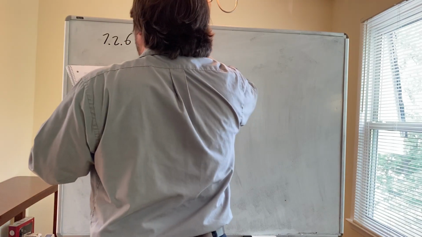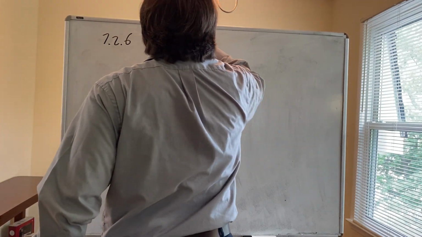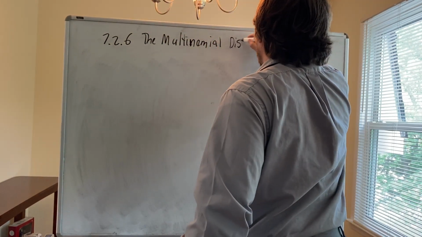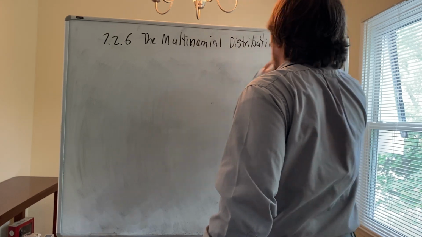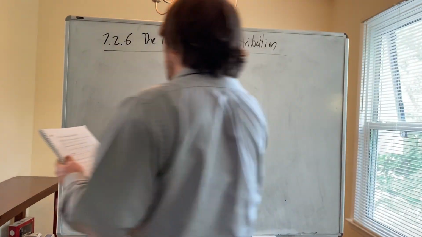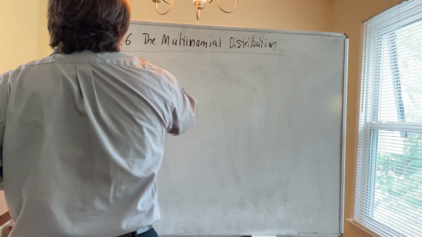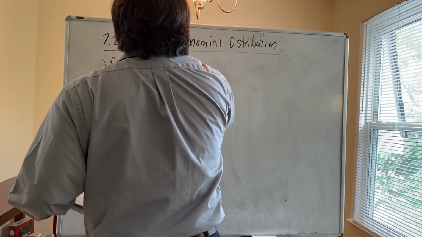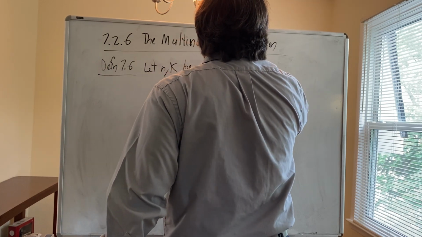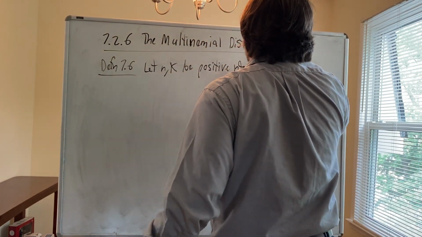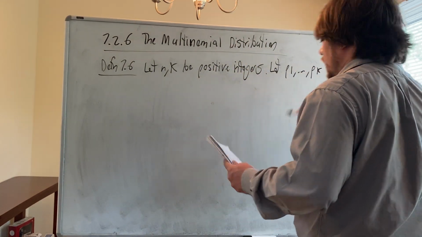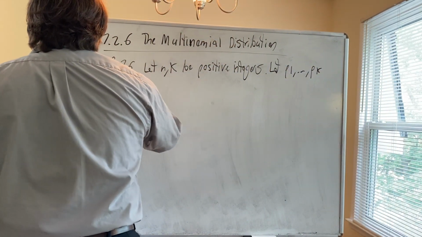Okay. Next section is 7.2.6, and that is called the multinomial distribution. Okay, 7.2.6, the multinomial distribution. So definition 7.6. Let n and k be positive integers. Let p1 to pk be numbers